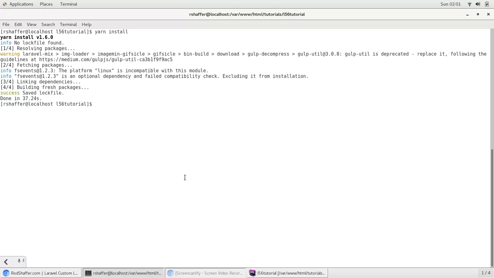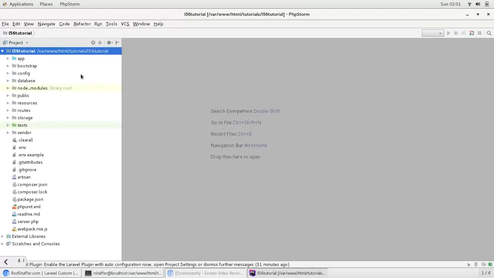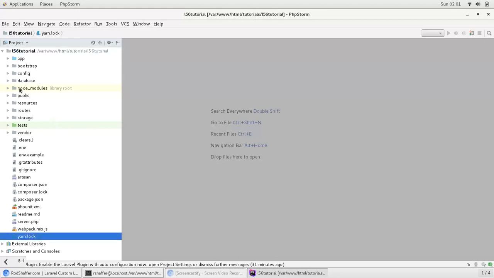And it completed in 37.24 seconds. So now we have our node modules and the yarn.lock files there again. So now at this point, we're all set up there